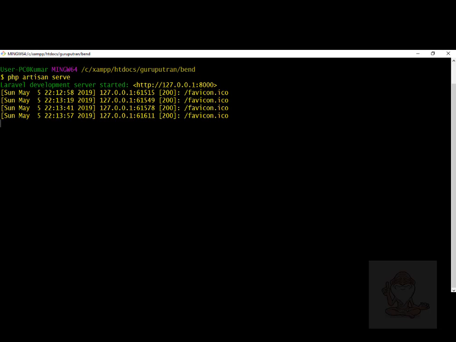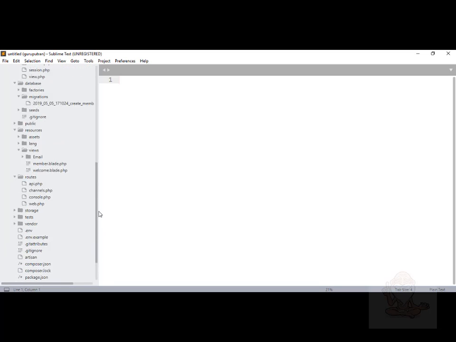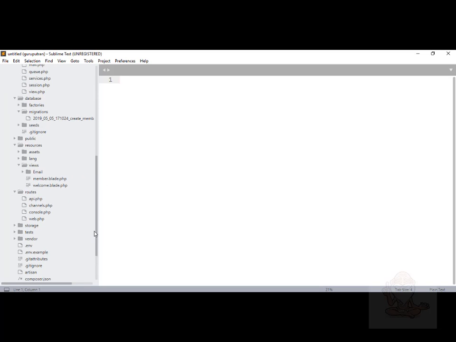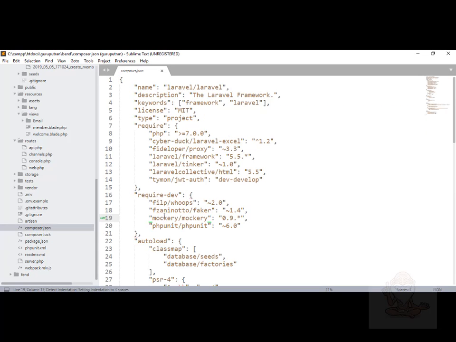Once that is done, we will be able to get Laravel Collective HTML installed. I have closed the frontend. Frontend is Angular and I have opened only the backend. Inside the backend, it is inside composer.json.